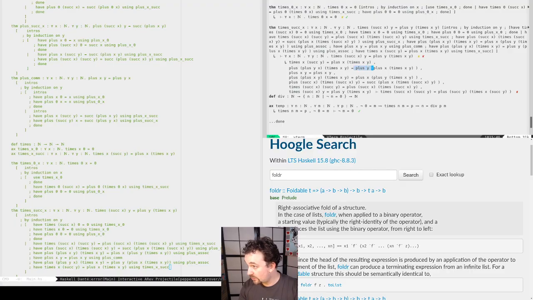And now I need to fold the succ back here again. So if I do have succ of plus y plus times x succ y equals plus, I need to do it in reverse again. Remove that equal, so this is plus succ y and times x succ y.